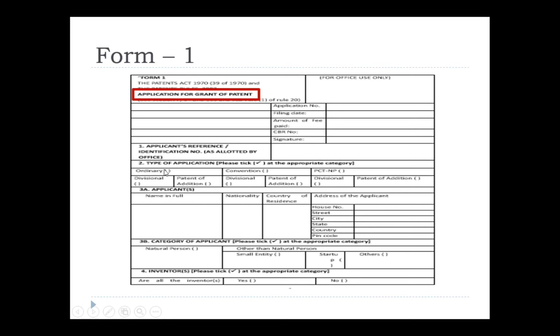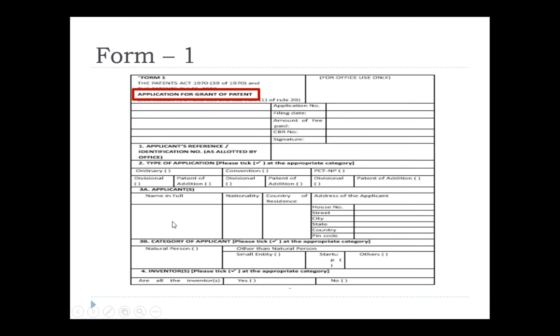You can see under ordinary there are two subdivisions: divisional and patent of addition; convention, again divisional and patent of addition; PCT, again divisional or patent of addition. For the first time we are going to file a patent, as I said, just give a tick mark near the ordinary application. There is no divisional or patent of addition.